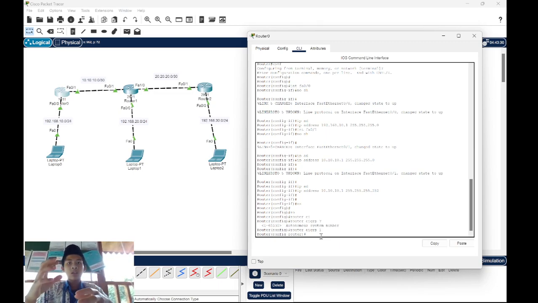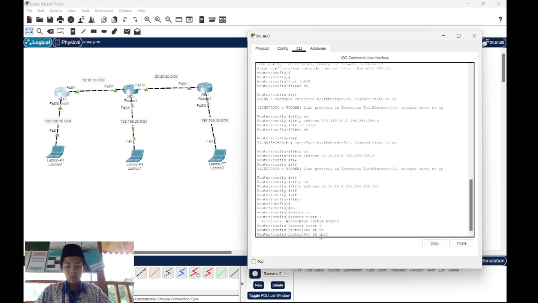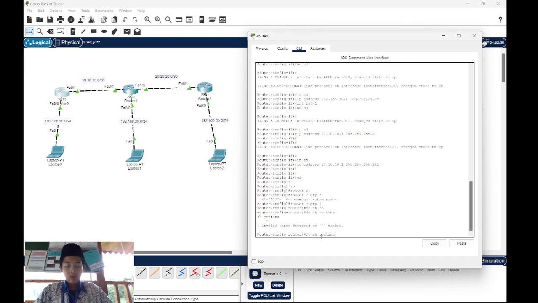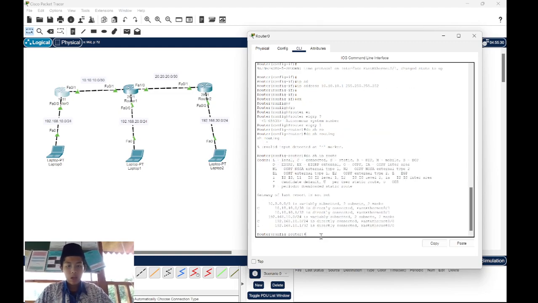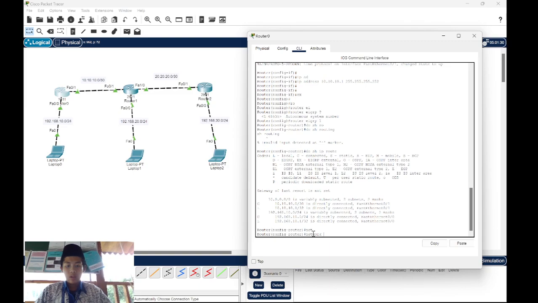the network that the first router has. If you don't know it, you can see it with the command do show ip route, like this. Now this C is connected. We registered just the connected ones with the network 10.10.10.0 for